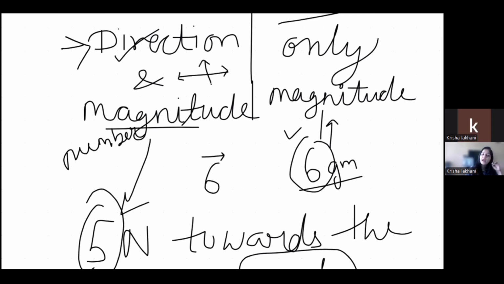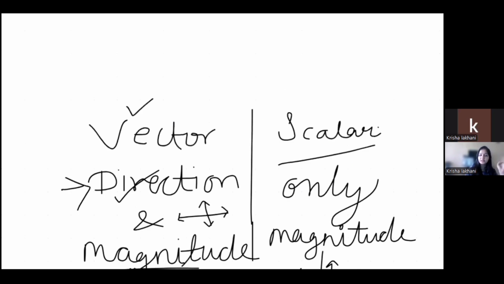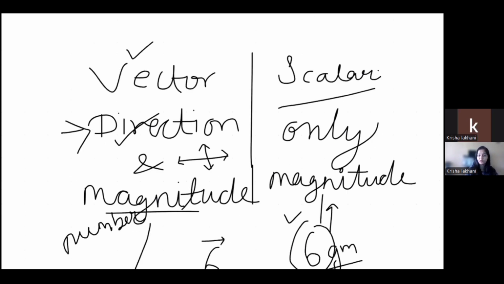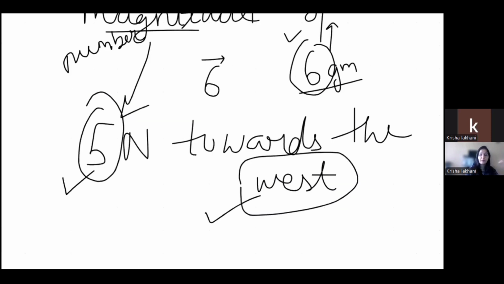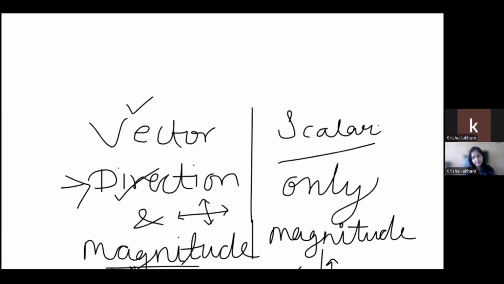Okay. I hope you have written this down. I guess you have written this down. Please write it down if not written, because this is very important. Give examples also so that you can remember in the longer term. An example for a scalar quantity can be mass, because mass has an SI unit of kg.